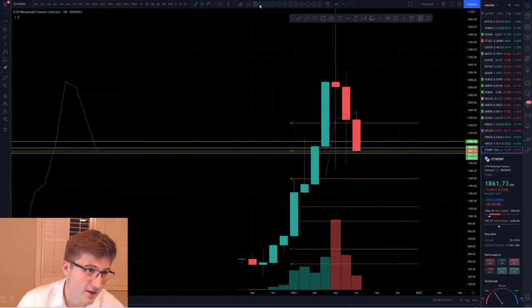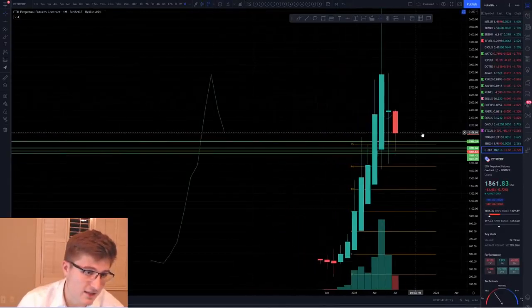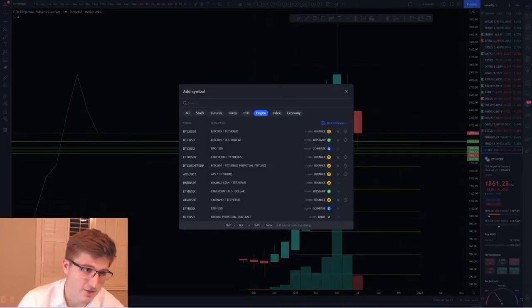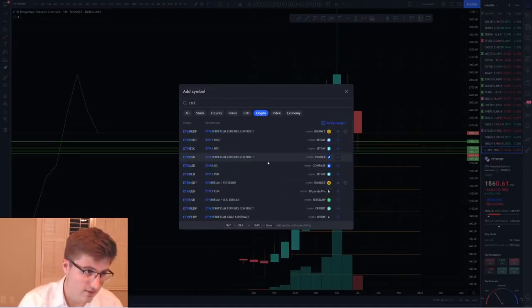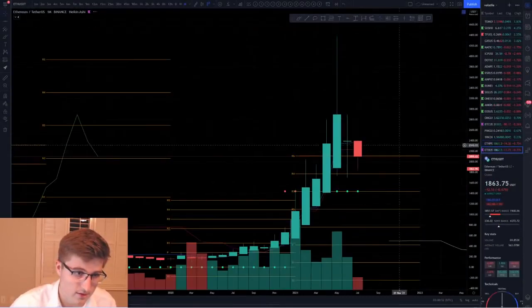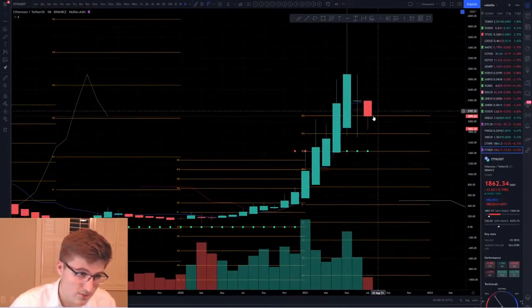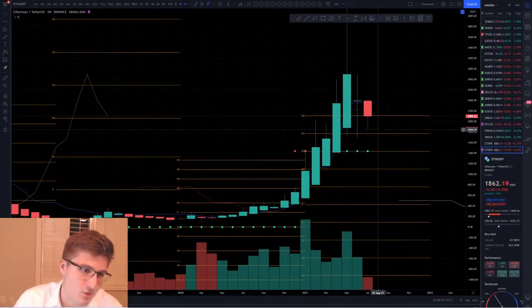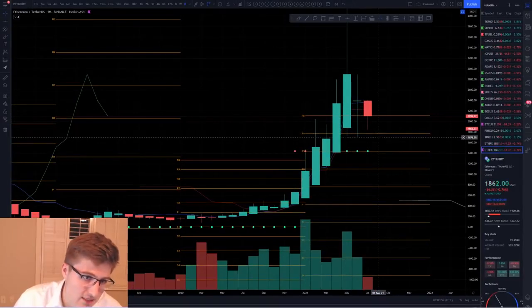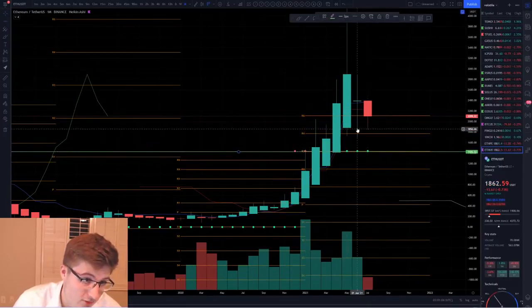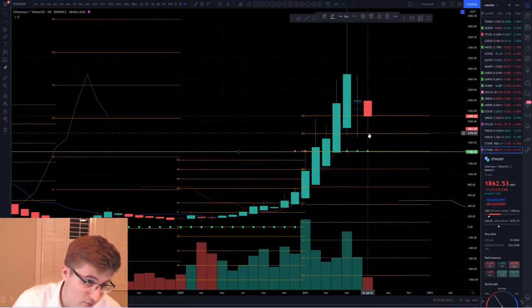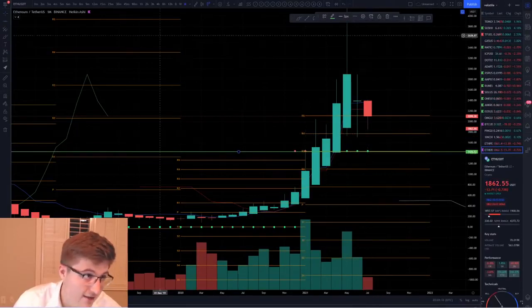If we look at the monthly on the Heikin-Ashi, I need the other Ethereum chart. You guys are going to get a little scared when we see this. Ethereum looks like it's going down, down, down. By the way, this looks extremely bearish. We're at resistance 5 right now. If we break through this, at least to the 1430 area, I would wait for a push to resistance 4, which would be around 1775.